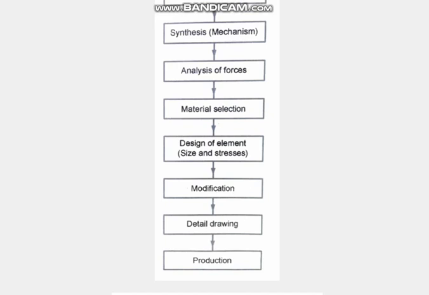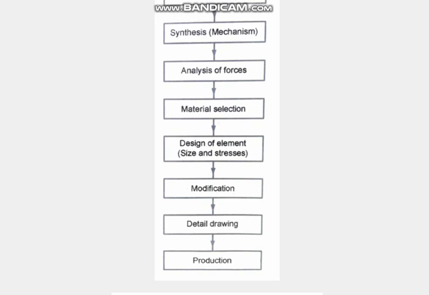So what is the best suitable material for each and every component? You see, in the case of a washing machine, the drum can be made of plastic. It can be made of stainless steel or some such metal. Which is the best suitable material? You have to find out. This is the fourth step, material selection.